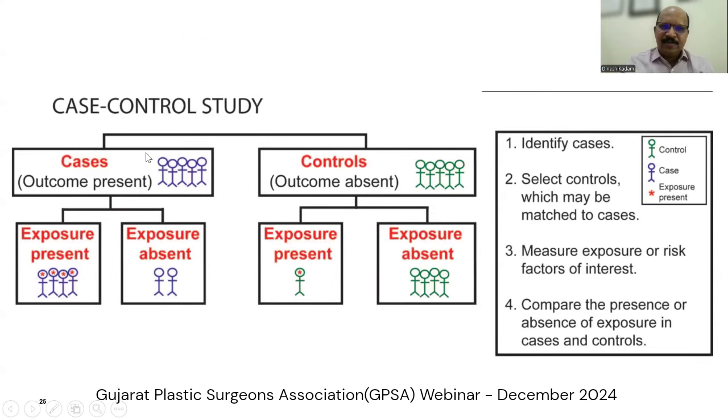So in case control studies, you can define the outcome also. It can be whether the outcome is already present or the outcome is not there. Suppose the outcome is already present, for example, a group of patients who have thyroid cancer, and you want to know the exposure to radiation. If the exposure is present,